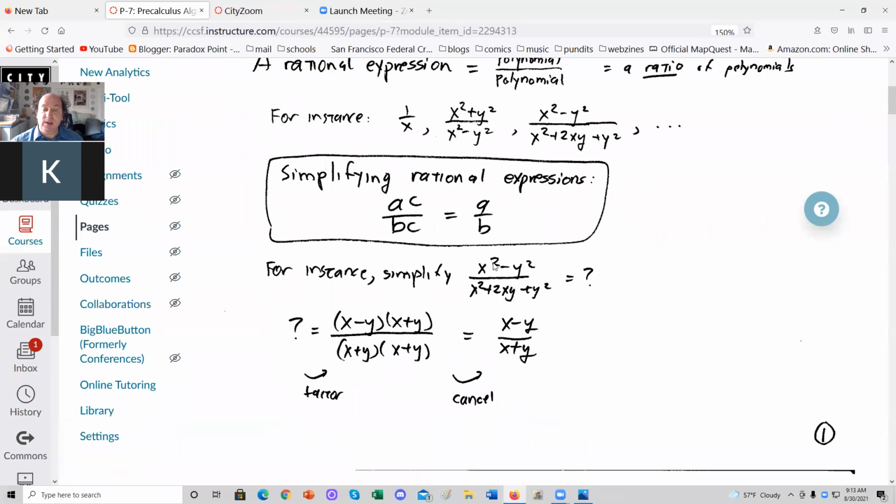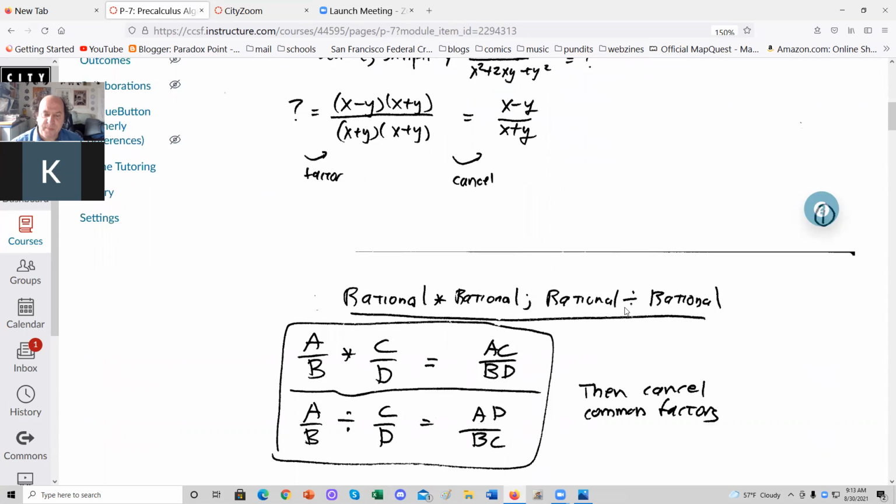Now you can simplify a rational expression the way you simplify a fraction. You cancel common terms. AC over BC equals A over B, unless, of course, C is 0, and that doesn't work, because then you get an indefinite expression on the left. So, for example, x squared minus y squared over x squared plus 2xy plus y squared. You can simplify that by factoring. x squared minus y squared factors into x minus y times x plus y. x squared plus 2xy plus y squared factors into x plus y times x plus y. And so, here we have a common factor of x plus y, which cancels, and therefore leaving x minus y